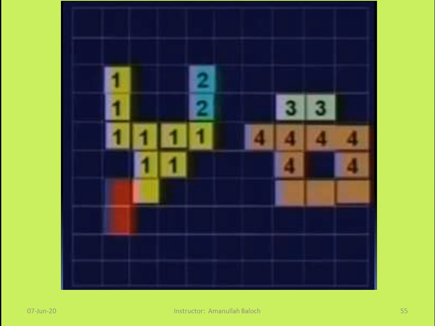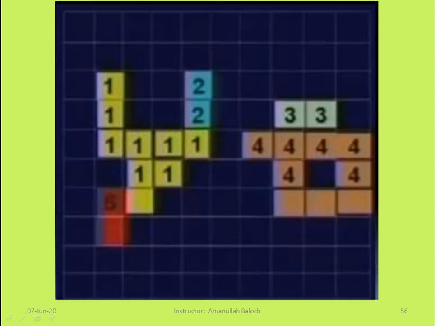Up till now we have found the 4-connected components: the connected component with label 1, and the connected components with labels 2, 3, 4. At the end, if this 1 is adjacent to this 2, then this 2 will be considered as 1, and this 2 will also be considered as 1. The whole component will have the label 1, and this whole component will have the label 3. In this way, all those pixels which have label 1 belong to one component, and all those pixels which have label 3 will belong to the second component.